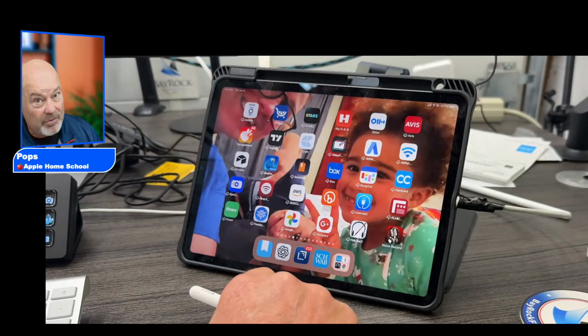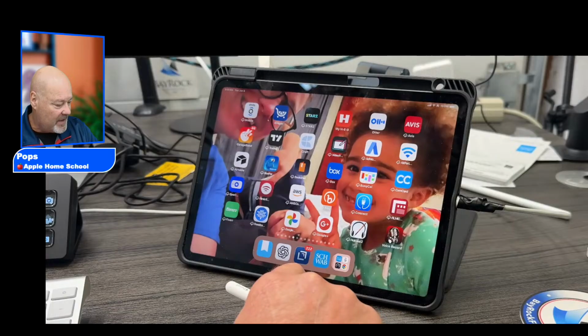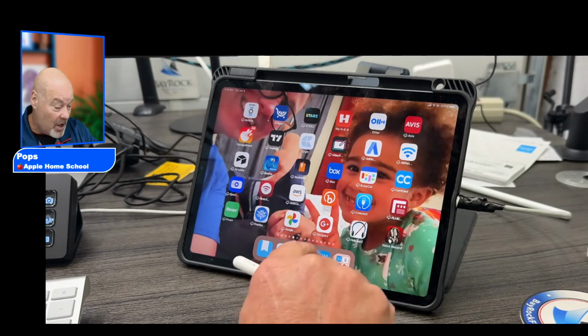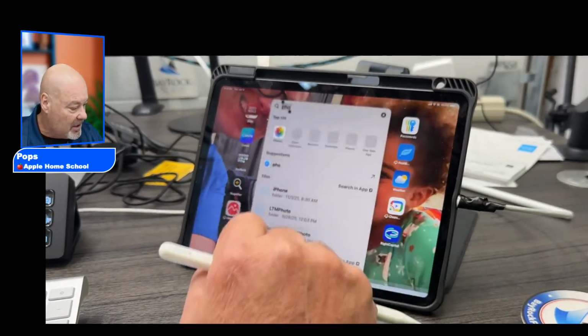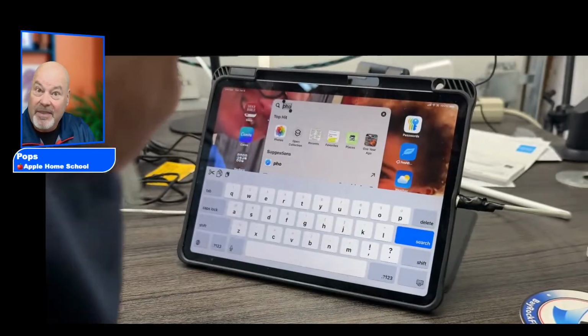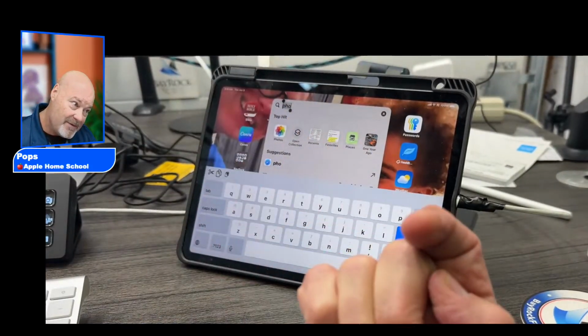So that's what I want you to learn now. This is the number 3 superpower that you're going to learn in today's lesson. So let's say you want to have photos right there, always easy to find. You're going to want photos because photos are awesome. So how are you going to find photos? You're going to go photos, and there it is right on my screen. Now, here's what I'm going to do. I'm going to take my finger,